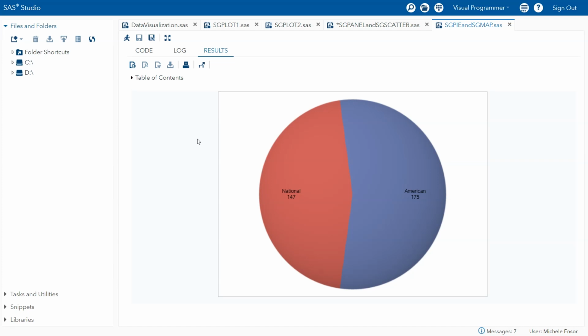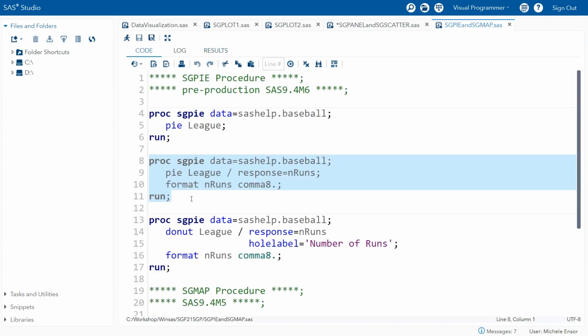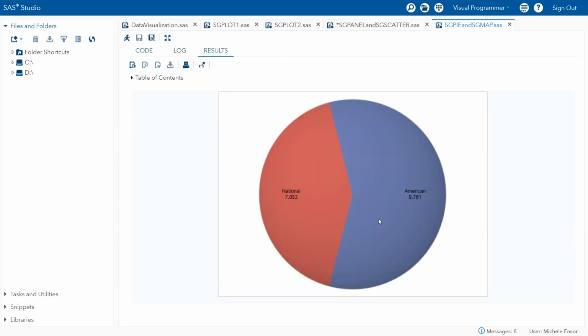Instead of getting a pie chart on frequency, you may want to specify a response variable. In this example, we have specified on our pie statement after the slash, response equals nruns. We want to see the sum of the number of runs per each league. In addition, we've added a format statement so that the number of runs will be displayed with commas. In this result, we see that the National League has 7,053 runs compared to the American League that has